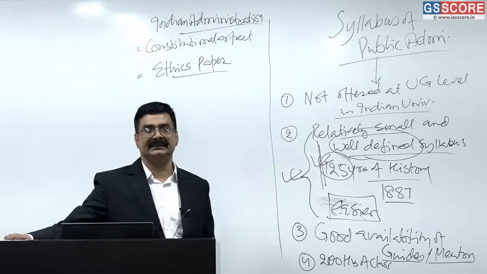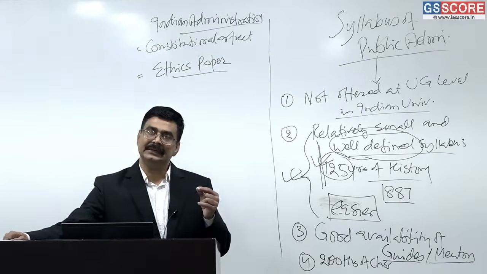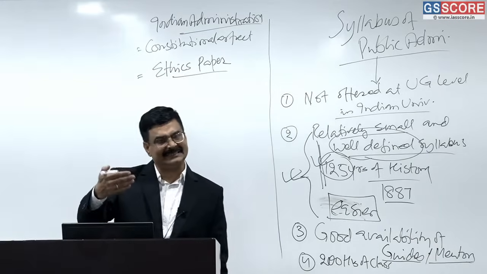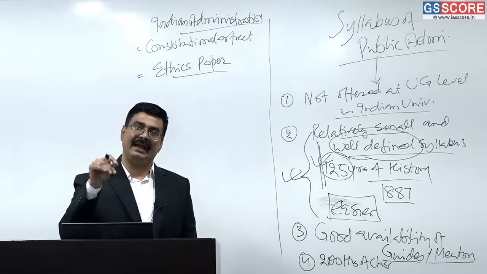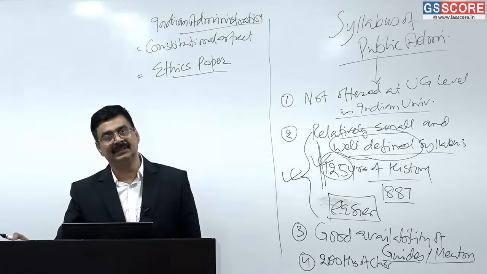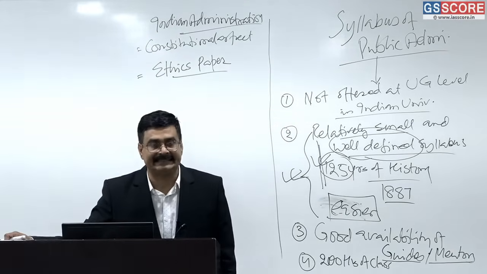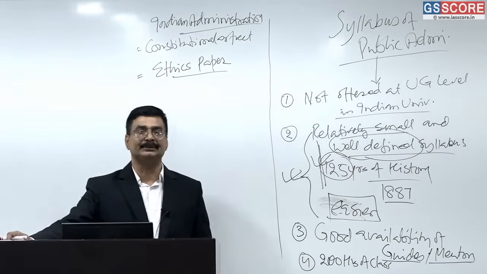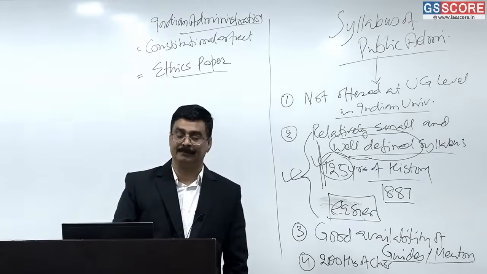Ethics paper of General Studies paper 4. It has got reference of probity in governance. So in the syllabus you will find the 6th and 7th topics are related to public administration directly, and we study them as an independent unit of public administration, that is personnel administration, wherein we study the administrative ethics, code of conduct, and related reforms suggested by Administrative Reforms Commission 2. Those are of direct help in paper 4.